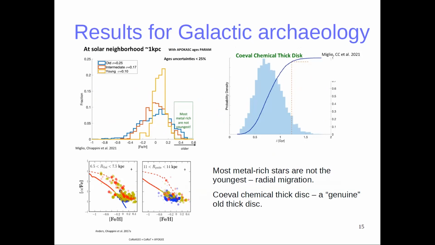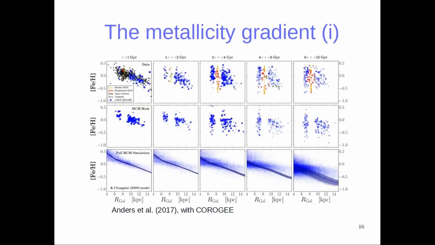For example, some of the first results using the CoRoT survey found that the most metal-rich stars are not the youngest. So this is a clue for radial migration effects. Or that the thick disk is a genuine old thick disk forming on a short timescale, and so confirming the parallel scenario model. They also provided the time evolution of the metallicity gradient. So not only the present-day gradient that we use to constrain our model, but also how it goes